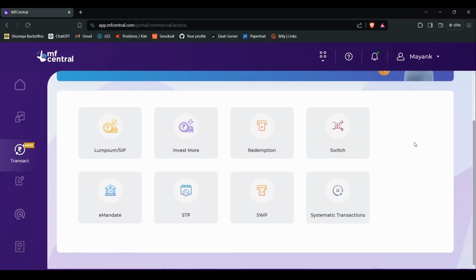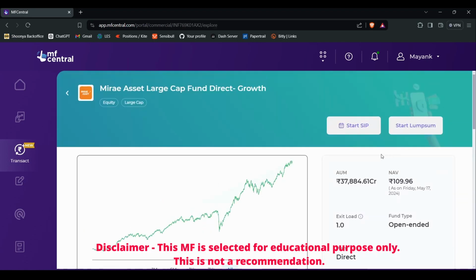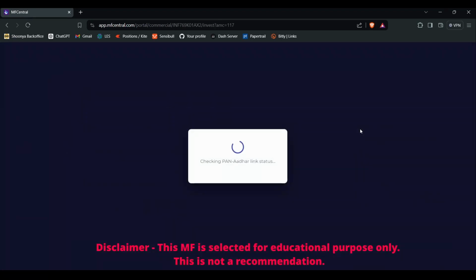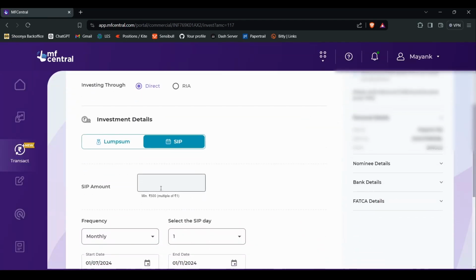Now for the SIP process, I'll go to the same button again, lump sum /SIP, and this time since we've already registered the e-mandate, we would be able to successfully set up the SIP. I'll select the same fund again and click start SIP. Now this time you will be able to see your SIP page. Here you can fill your SIP amount, set the frequency, select the SIP day and the start and end date